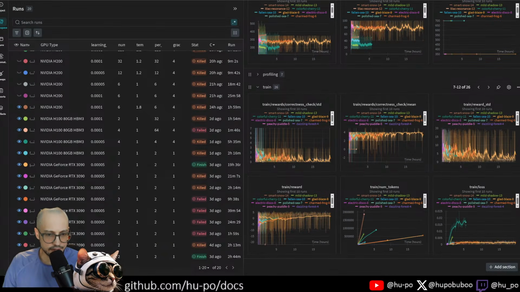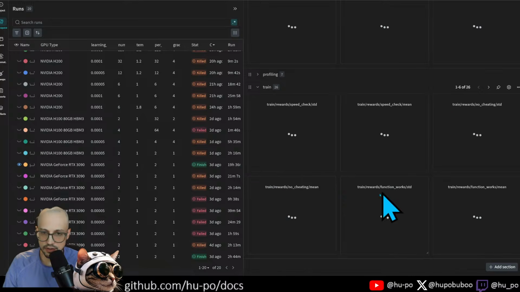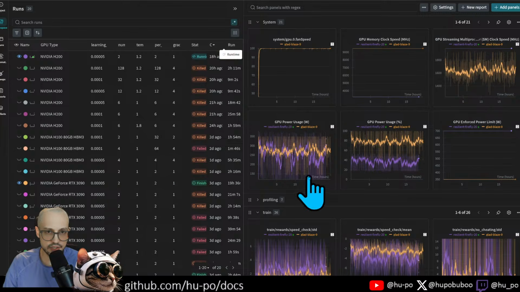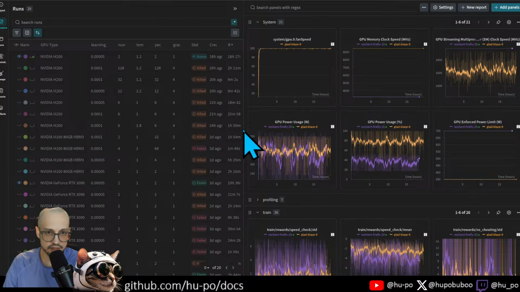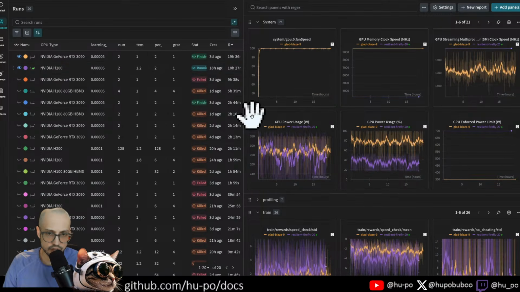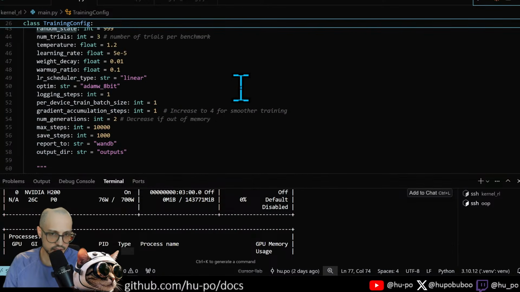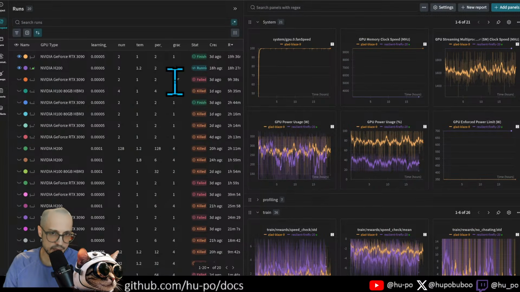So here's the next thing I want to compare. Let me actually visualize none. Then I'm going to visualize this one, and then I'm also going to visualize this one. So these are the two longest runs that I did. Let's sort descending. So I have one run on a 3090, one run on the H200. And I actually kept the batch size the same, right? So I wanted to directly compare the H200 to the 3090 with the same hyperparameters, except